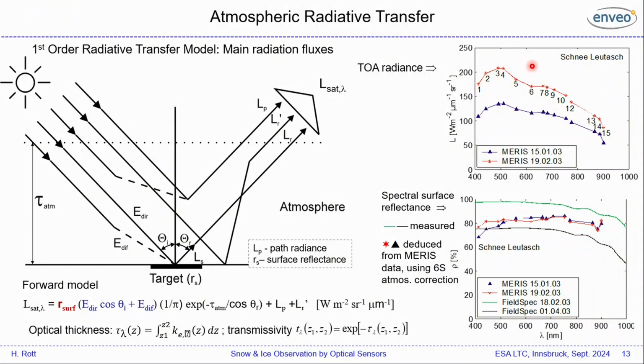We made measurements and campaigns with MARIS, the spectrometer on ASAR, on Envisat, and these were the measurements in the 15 channels on 19 February and then 15 January. And computing the surface radiance, we applied the 6S atmospheric correction model, and we get here, with these inverted numbers,